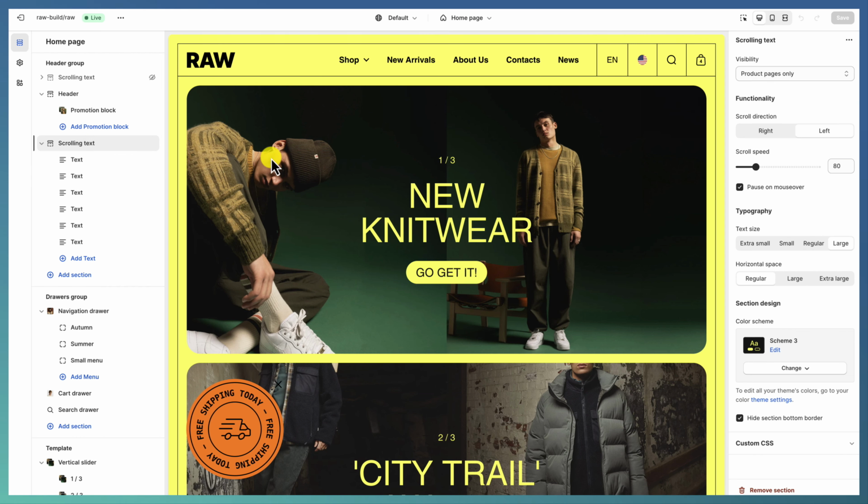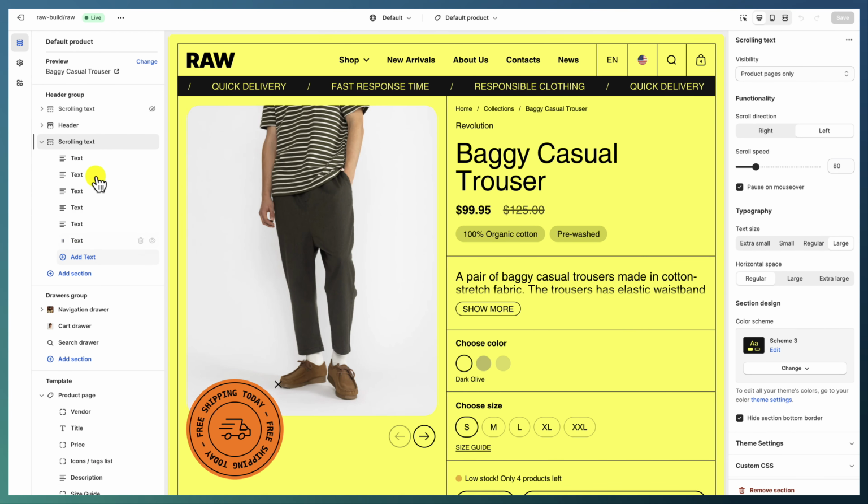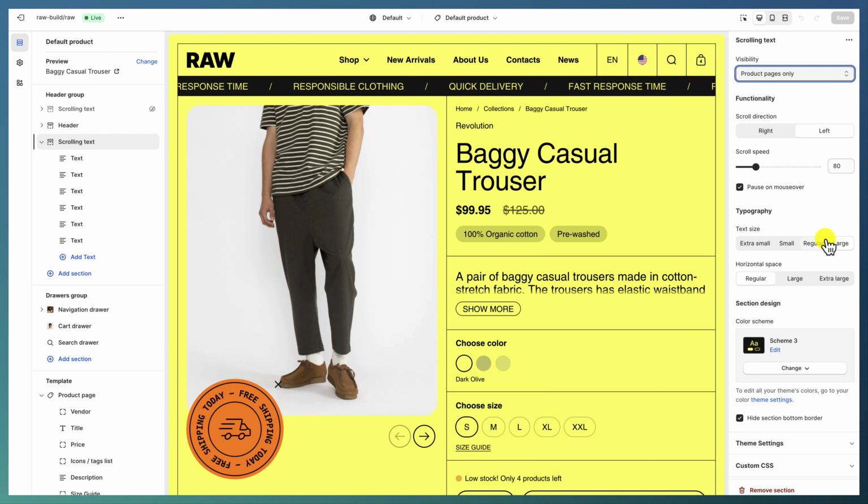Great. Going into the header, we have some scrolling text which is only available in product pages. Remember, some sections in the header group have the option to choose visibility, whether you want them in certain pages or others. The scrolling text in the header has some settings specifically for displaying it nicely in headers, either below or above the main header. And with that we can go to